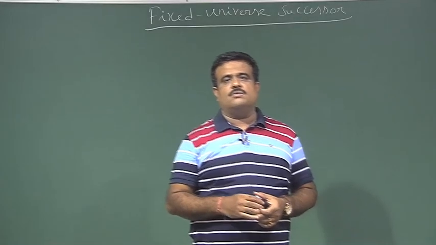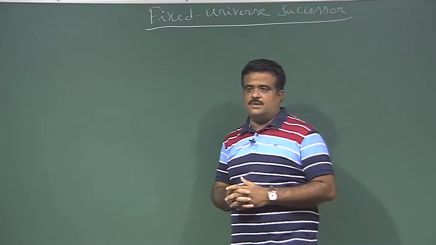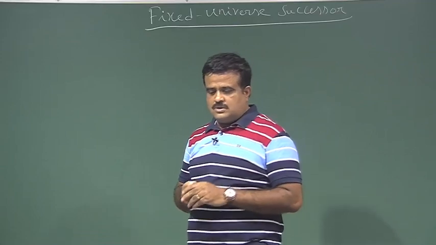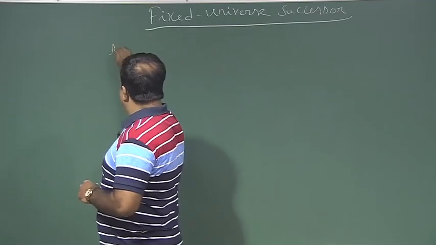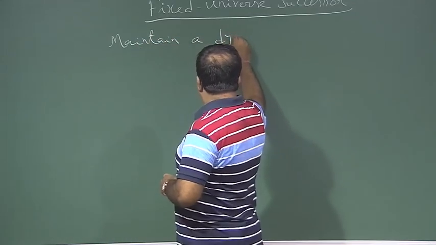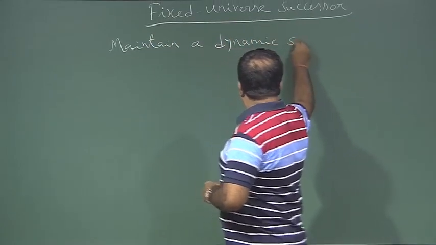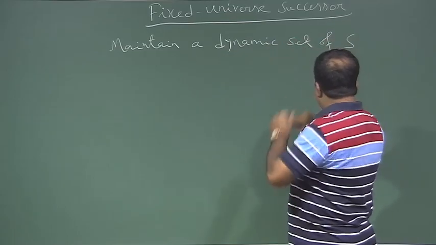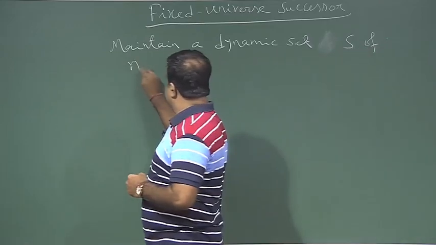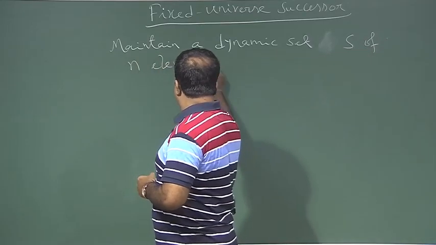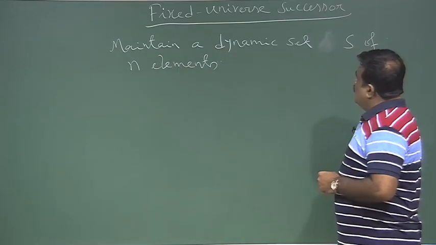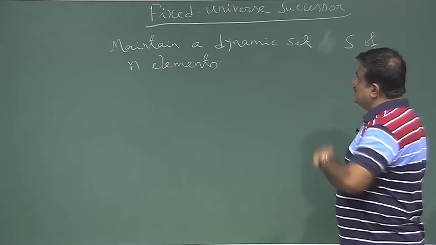Okay, so we will be talking about the fixed universe successor problem. This is also a problem dealing with a dynamic set. The goal is to maintain a dynamic set S of n elements. At some point of time there are n elements in the set, and this set is coming from a